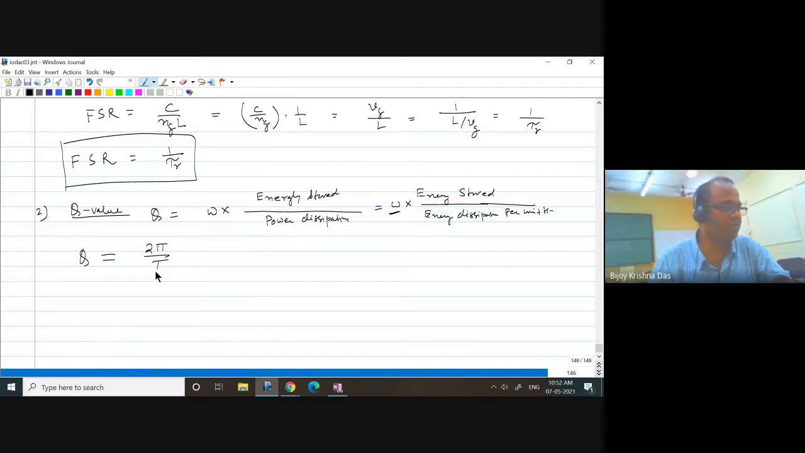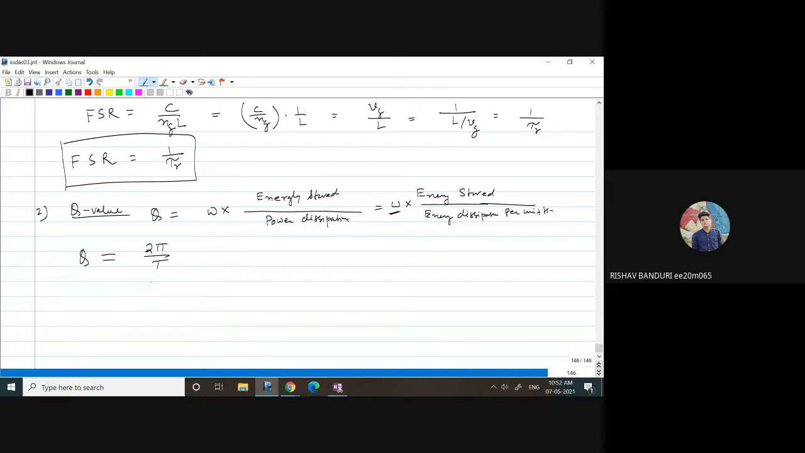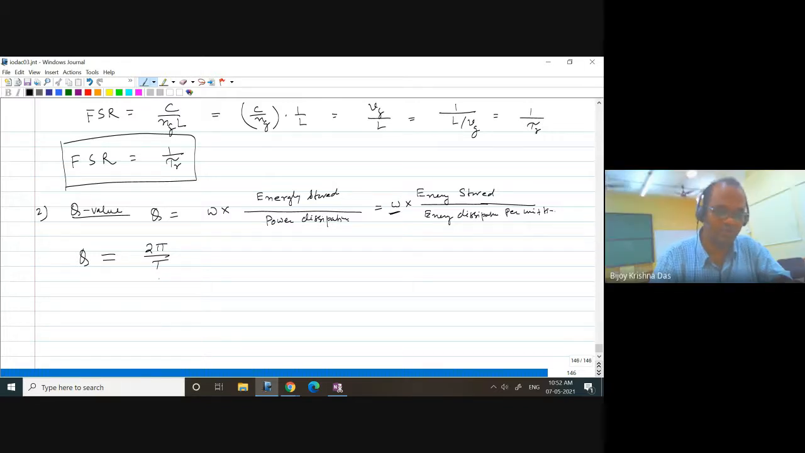Omega equal to 2 pi by T. That's a time period, right? Is that clear? Are you all there? Yes, Rishabh? Yes, sir. So is this clear? Omega equal to 2 pi by T. So this T means the time period of the resonance frequency, and I must consider that one of the resonance frequency, right? So 2 pi by T means